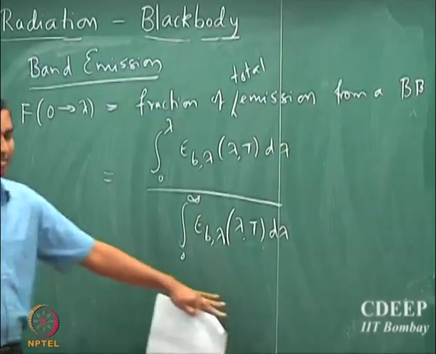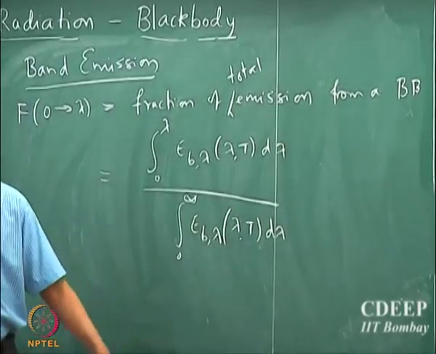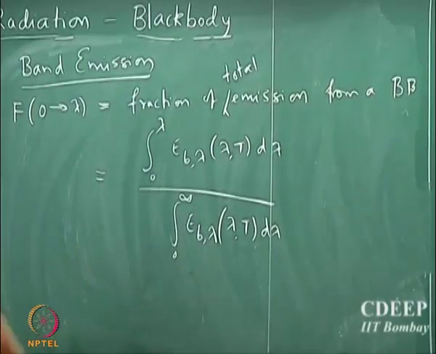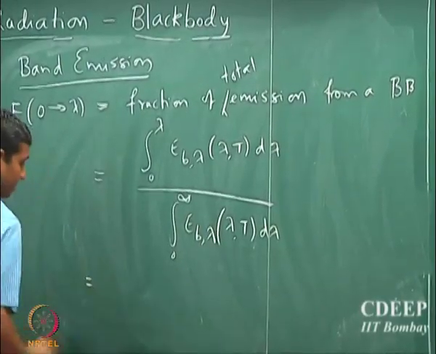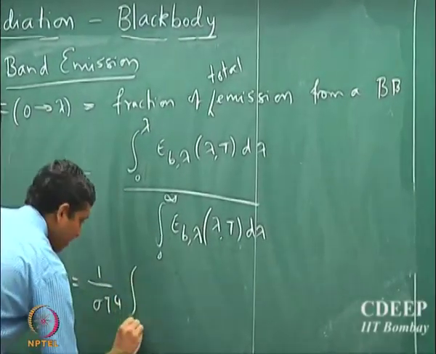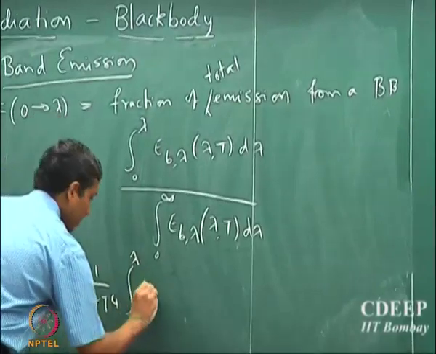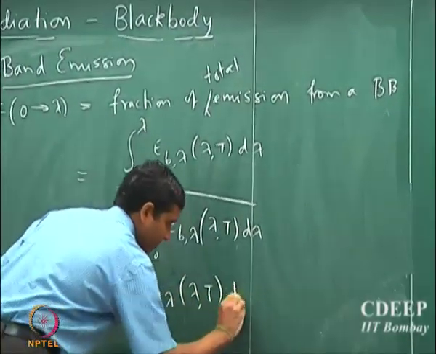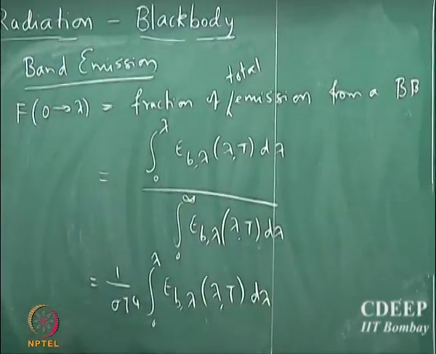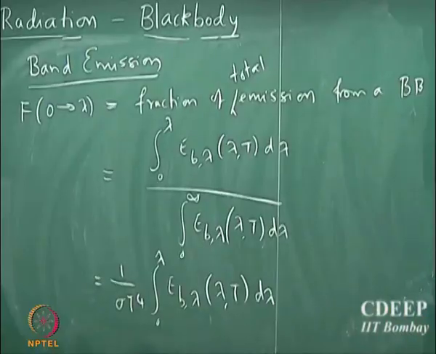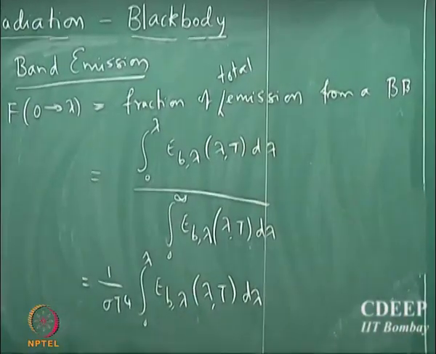Integral E_B lambda d lambda 0 to infinity, that is your Stefan-Boltzmann law, right, sigma T power 4. So, that is nothing but 1 by sigma T power 4 integral 0 to lambda E_B lambda d lambda. So, we can rewrite this expression in a slightly more convenient form,